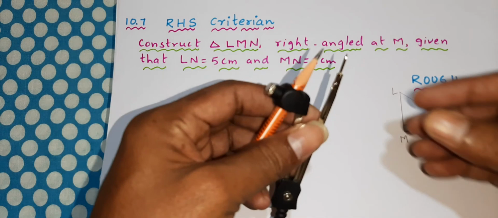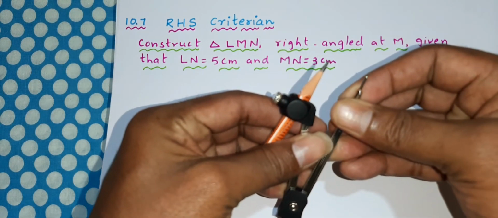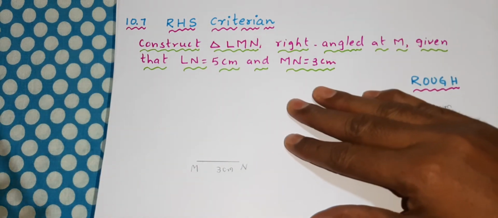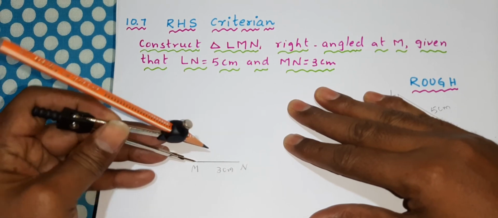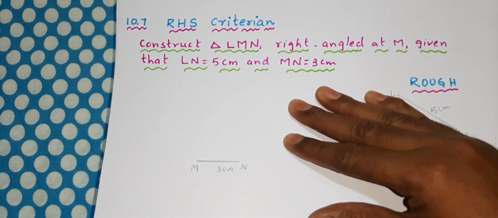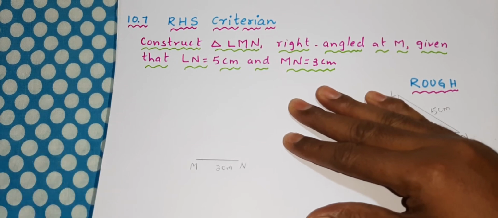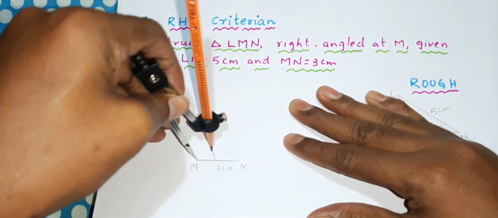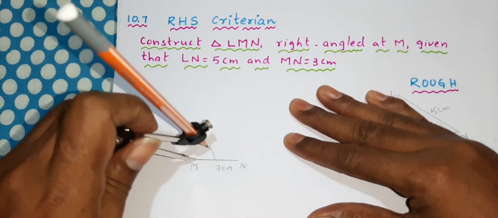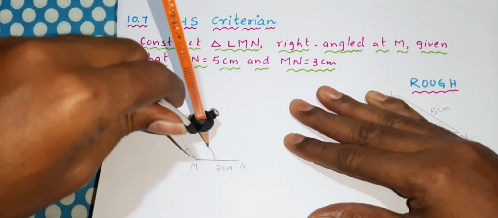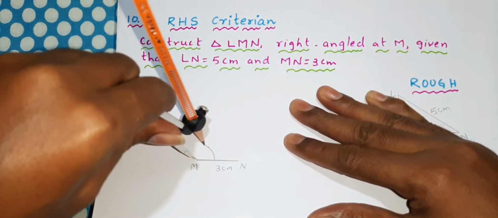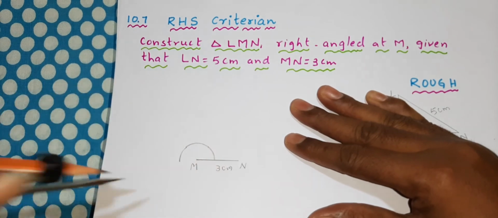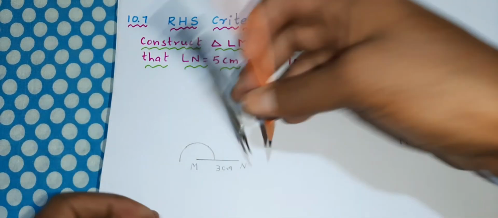Same, take some convenient radius with compass. Okay, open up. Take your some convenient radius. Take center as M. Then you just draw that. Take center as M. Draw the arcs like this. We can construct first 60, 120. And in between 60 and 120 will be having 90 degrees. Clear? With this radius we are going to construct.